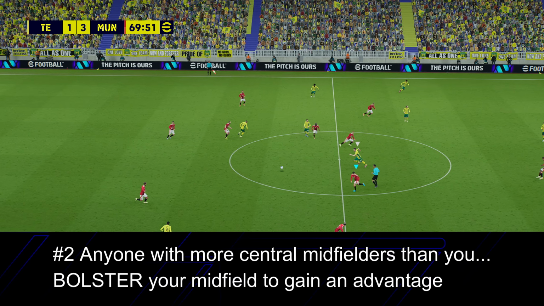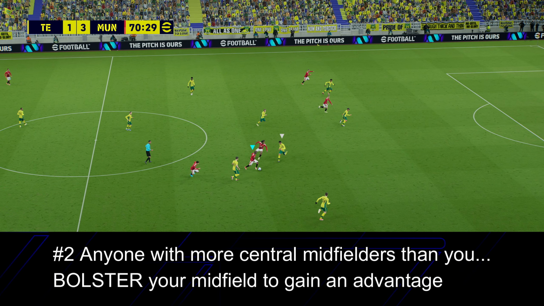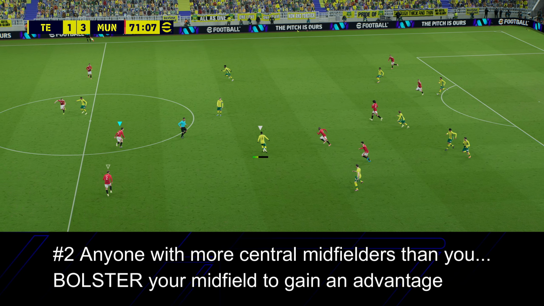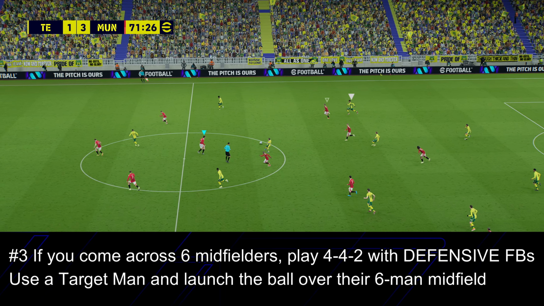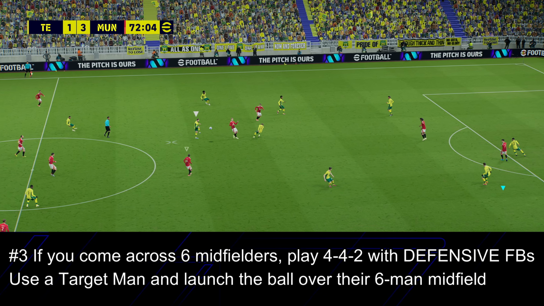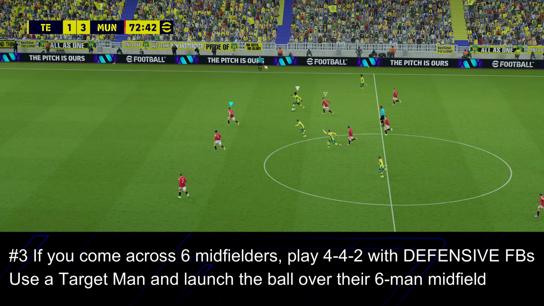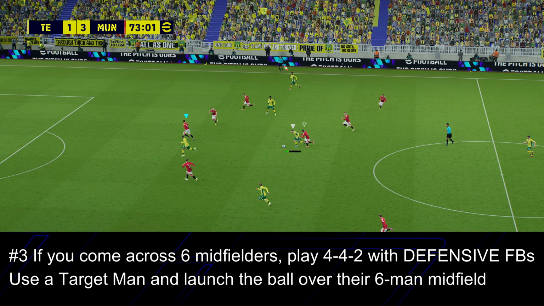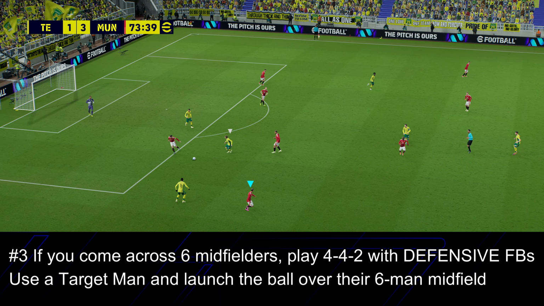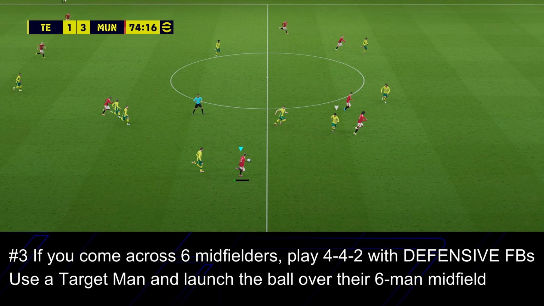to gain an advantage. Meaning, if you face a narrow 4-4-2 diamond, make sure you have all 5 midfielders nice and central. If you come across 6 midfielders, that means they have 3 defenders. So play 4-4-2 like I mentioned earlier, with defensive on your fullbacks, or if you have defensive fullbacks, go for attacking instructions on your wide players. Ideally have a target man to launch the ball over the 6-man midfield, win the knockdown, and then go wide